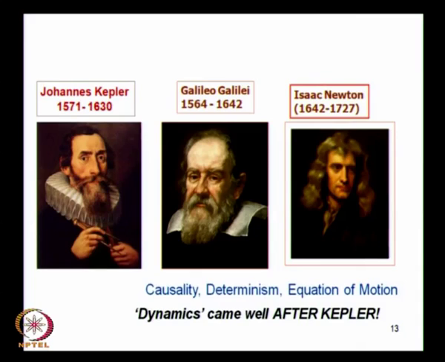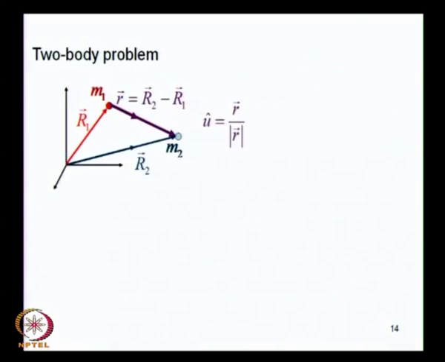But then it also required the knowledge of gravity, and this is something for which the two body problem has to be solved. So, let us quickly go through this. So, you have two masses